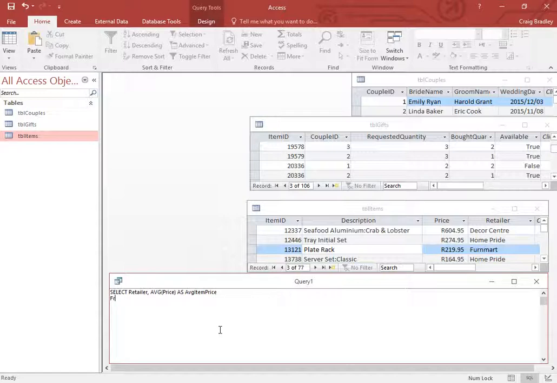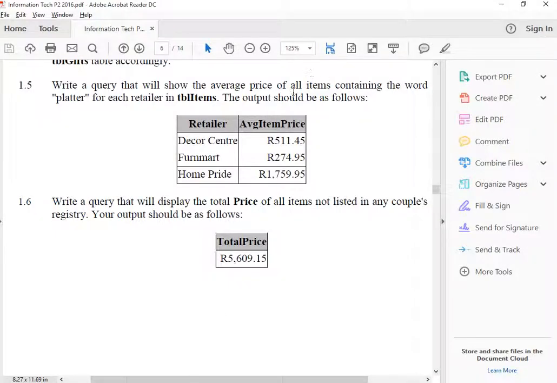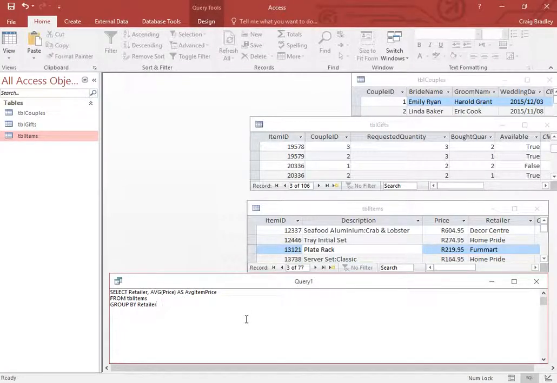Now, from which table are we doing this? TBL items. So from TBL items, and because we've got an aggregate function, we're grouping by the retailer, because we've got an average, so we'd have to group by the other fields. We want to display the retailer and the average price of them. But there was something else that they said here. They said containing the word platter,